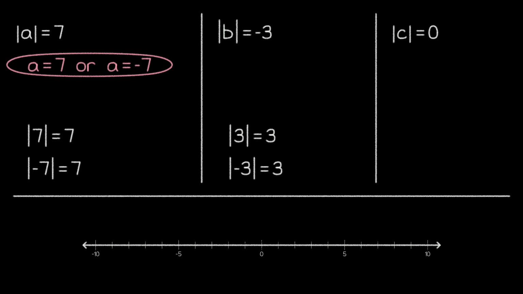Well, if we think back to the definition of the absolute value, it was the distance of a number from 0. Can our distance from 0 ever be -3? No. Distances need to be positive or 0, so this is an impossible situation. And thus, this equation has no solution.